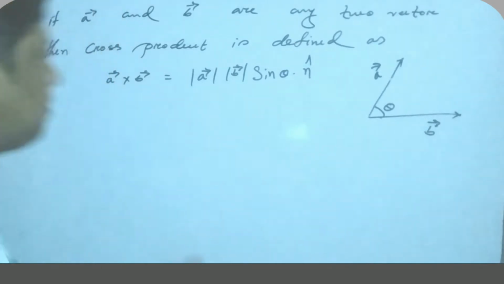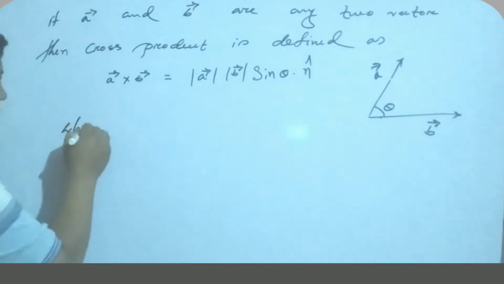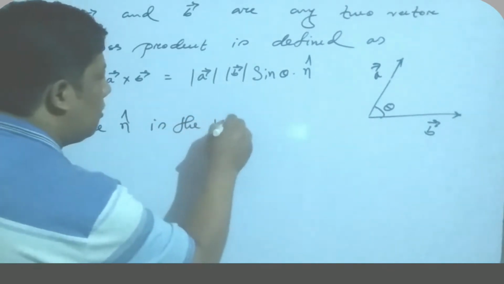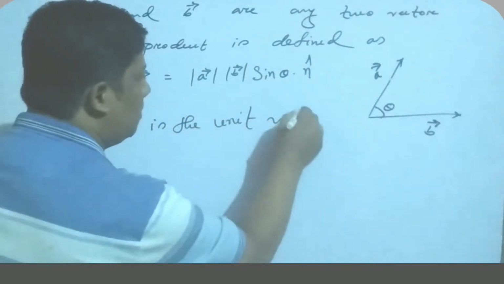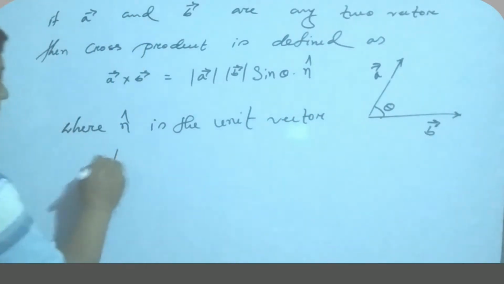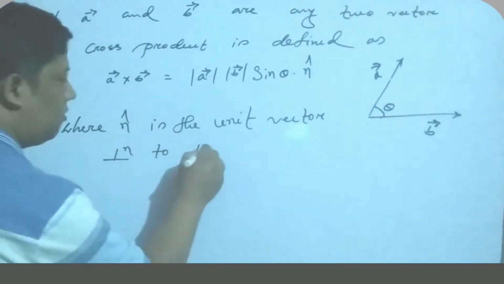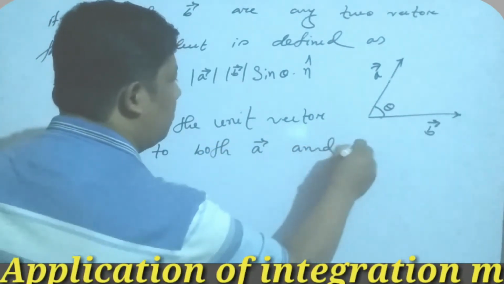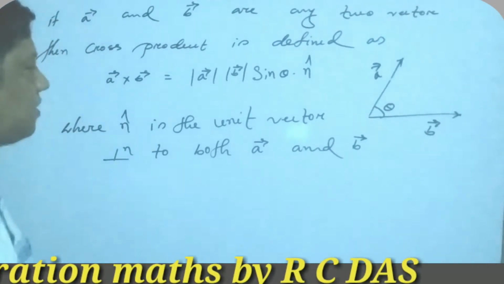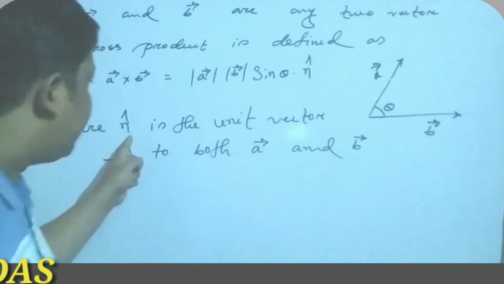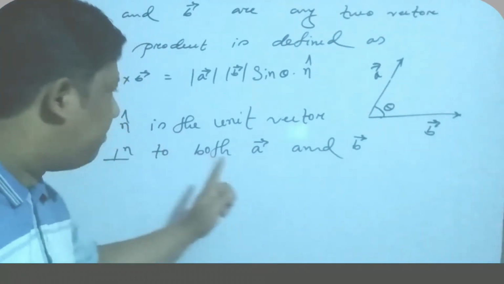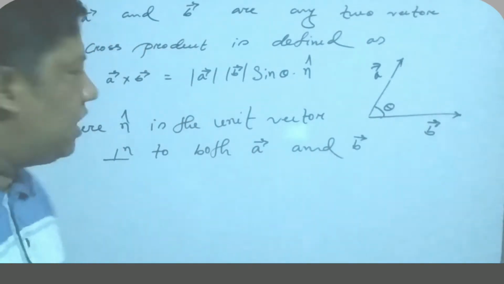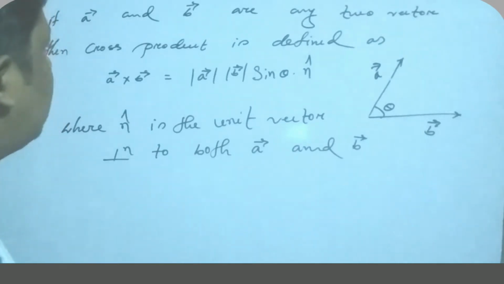Okay, my students, where n is the unit vector perpendicular to both A and B. N cap is the unit vector which is perpendicular to both A and B, and it is called the cross product. So, my dear students, in case of the cross product,